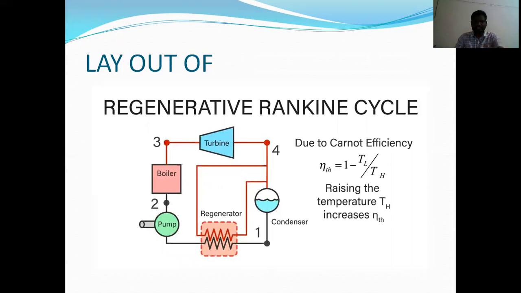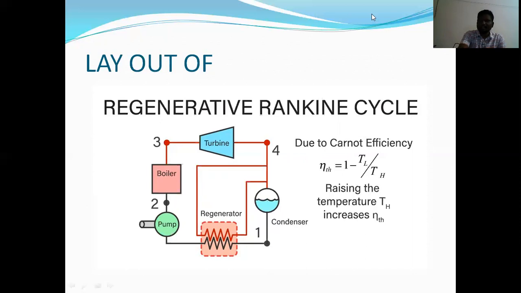See, this is the diagram of a regeneration cycle. The components of the regeneration cycle are the same as a basic Rankine cycle. It has the boiler, turbine, condenser, and pump. But here we have only one extra component, that is a regenerator. A regenerator is nothing but a heat exchanger which is designed for heat interaction between the partially expanded steam and the condenser water. I will explain here what is going to happen in the regeneration cycle.